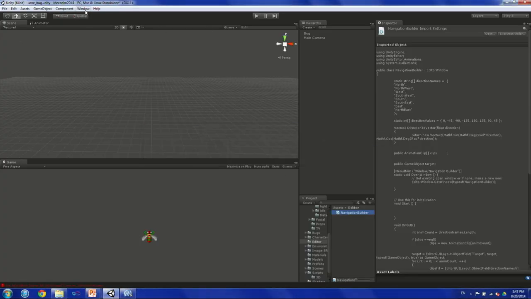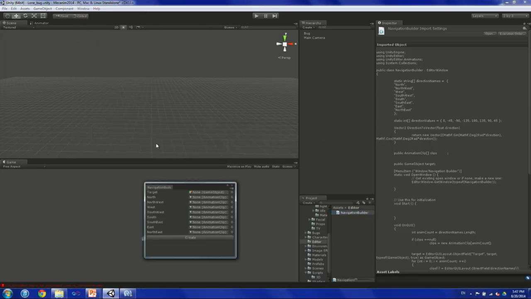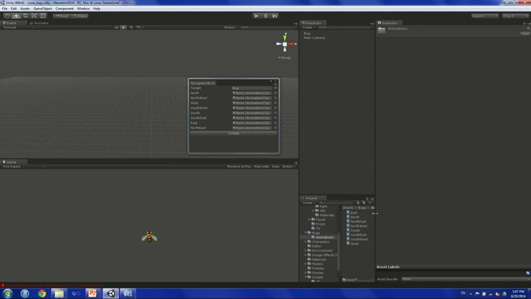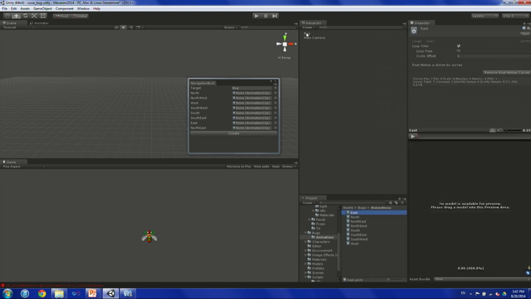So this creates a little tool here that I call the navigation builder. I will specify the target, so this is the bug here. I've shown you a going-up animation. I already have those animations prepared for all directions. So let's go here. Here I have my animation. A really high-end feature that we also added in 5.0 is that now you're able to zoom in and pan and move around in the... I know it's crazy advanced stuff, but